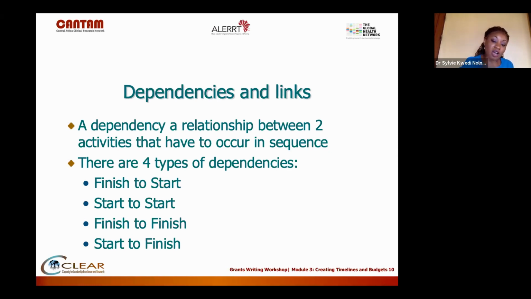Now, a start to finish relationship is rare, but it can happen. And it's also different from a finish to start relationship. With a start to finish relationship, you basically need task A to start when task B is completed. Now, even conceptually, it's a little bit difficult. The only